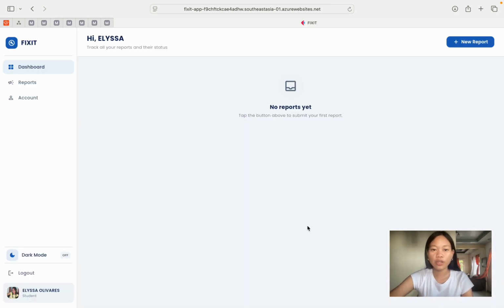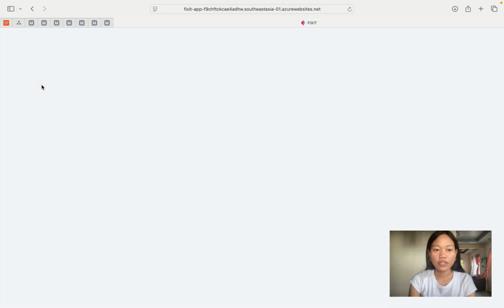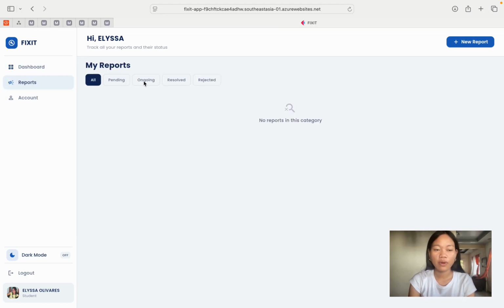It will now direct you to your dashboard or your account. Here it says no reports yet since you haven't reported any issue. You can see here we have dashboard and reports. We have pending, ongoing, resolved, and rejected, and it says no reports in this category.